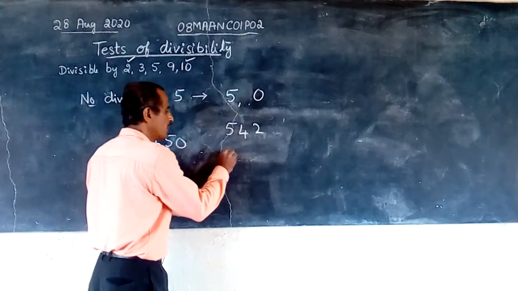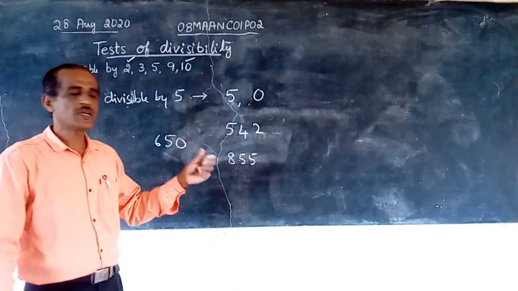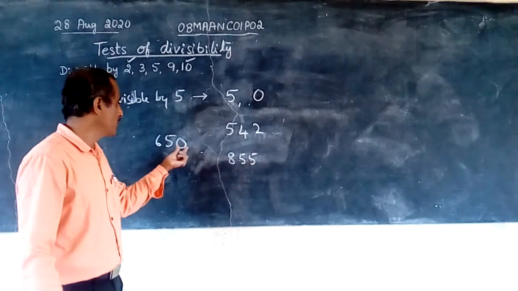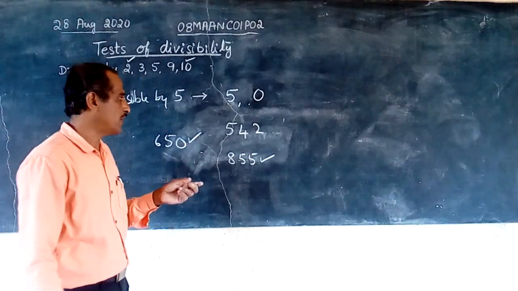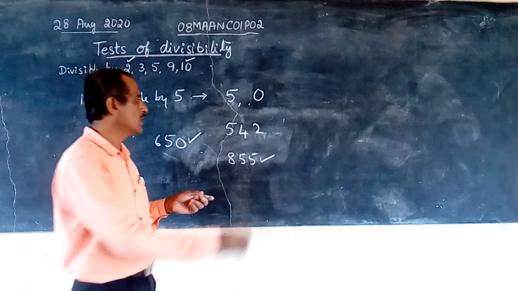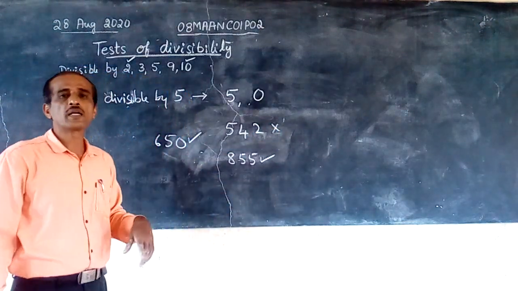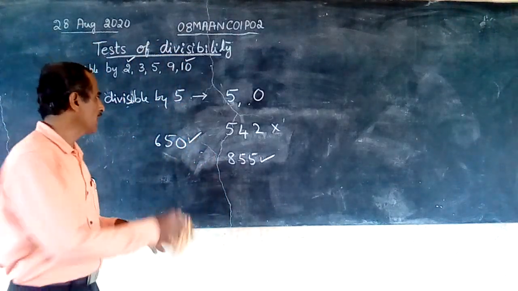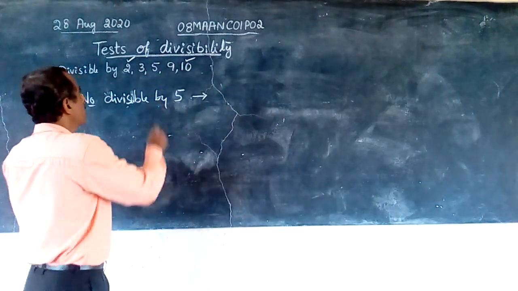Can you divide this number by 5? Yes, we can divide this number by 5. Why? Because 5 is there in the unit place. Therefore, if 0 or 5 is in the unit place, such numbers are divisible by 5. If other than 0 and 5 are there in the unit place, such numbers cannot be divided by 5. So this is how we can check whether a particular number is divisible by 5 or not. Okay. Then 2 more numbers remain. So 2 over, 10 over, 5 over.